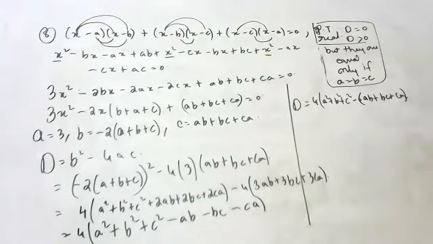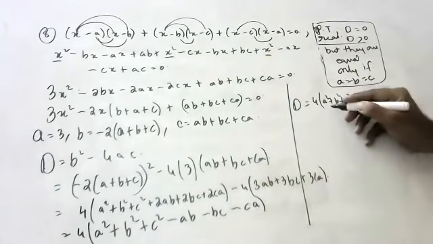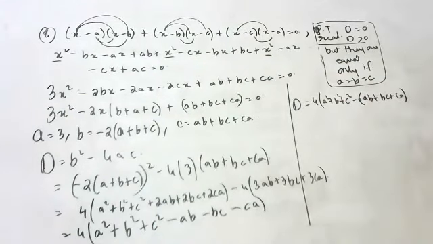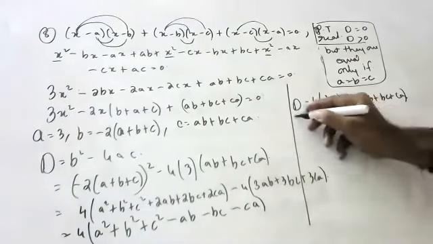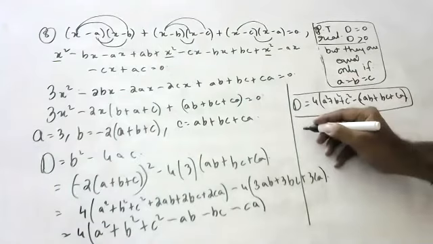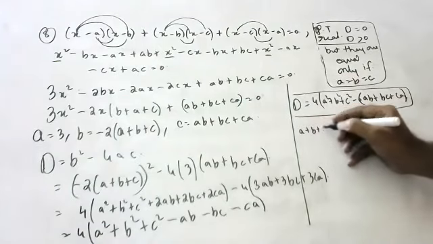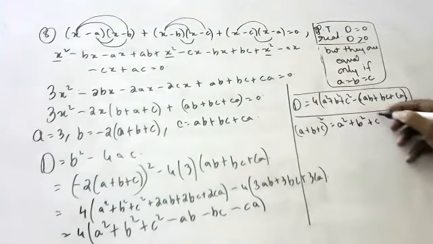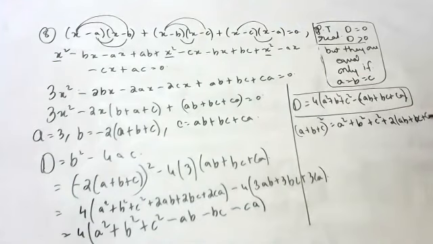Okay, children. So, if you see it slowly, children, what happens is a square plus b square. This I will show you like this. See here. If you remember, children, we have the formula for (a plus b plus c) whole square as a square plus b square plus c square plus 2 times (ab plus bc plus ca). This is the formula. Okay, children.